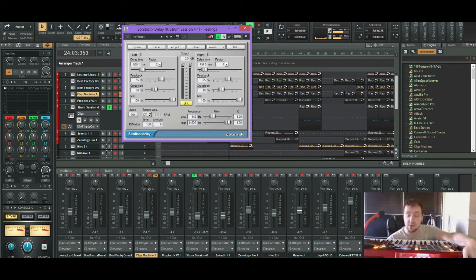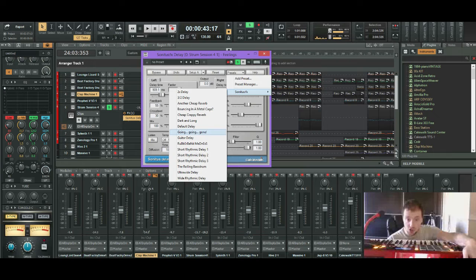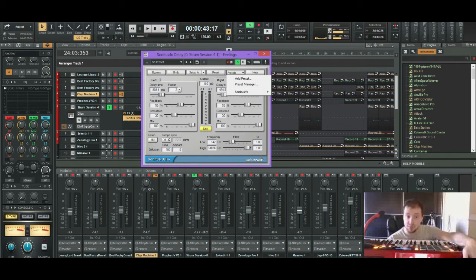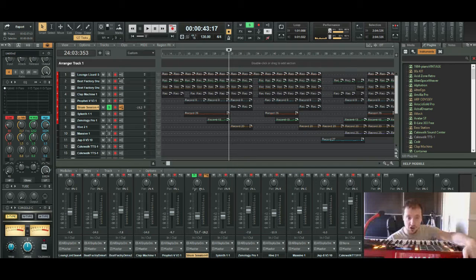This is the very first time I ever use it. And I chose Going, Going, Gong as my preset. So that's what I'm using currently for the guitars. Let's move on to the next track. Let's go back a bit. Okay, so next track is Silent.